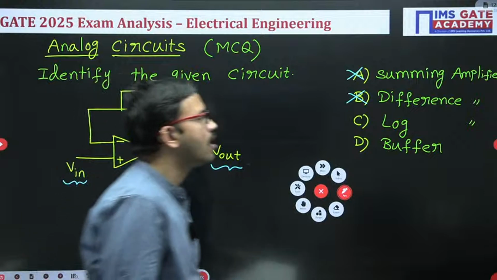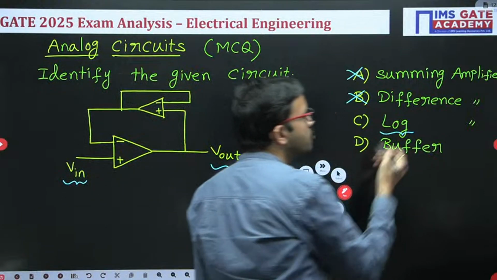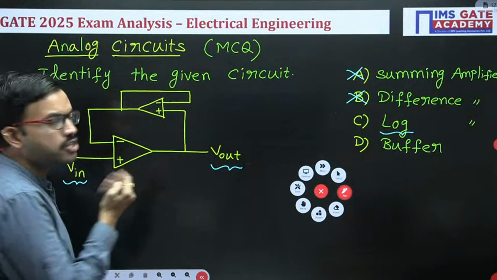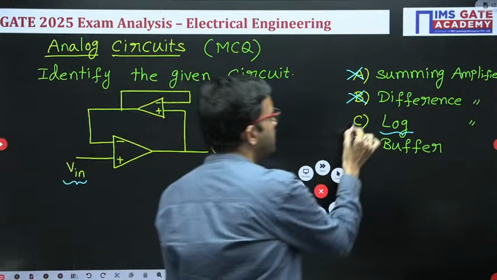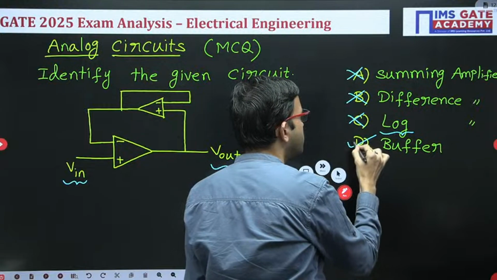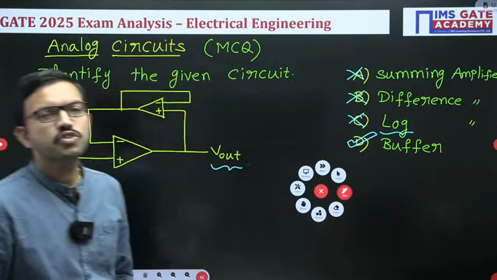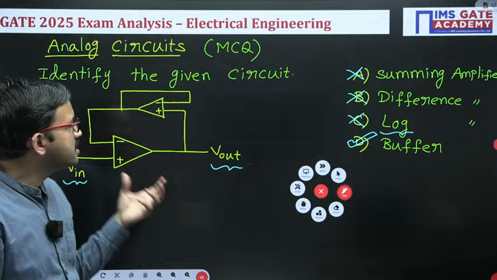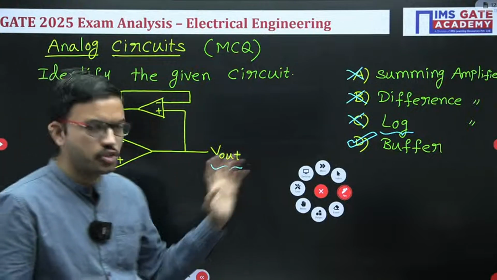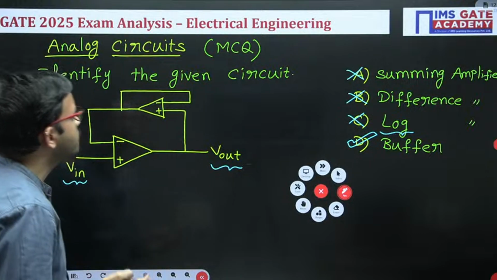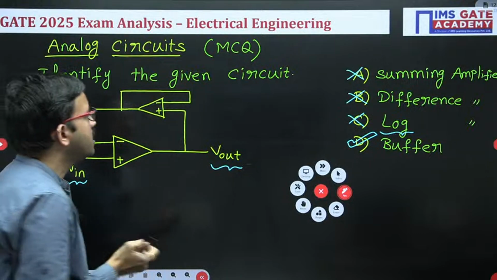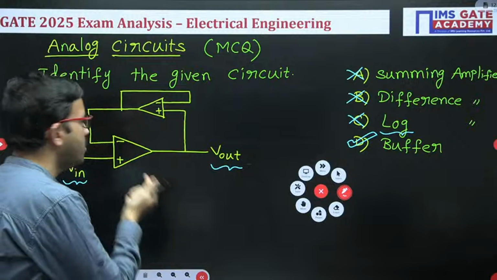Now coming to the logarithmic amplifier, you will be having a diode in the circuit also. In this circuit, there is no diode, so we can eliminate option C also. So the leftover choice is option D. Without using pen and paper, just by observing the circuit, you can choose buffer. But even if you are having slight confusion, you can verify, definitely you